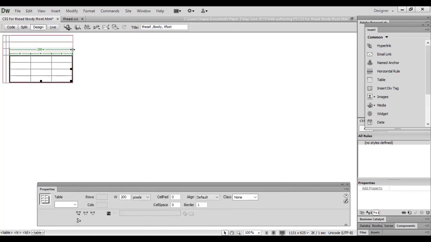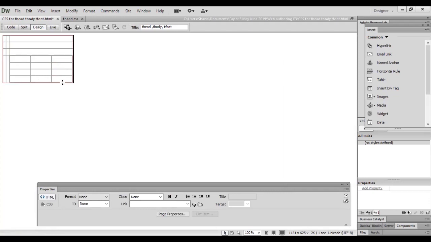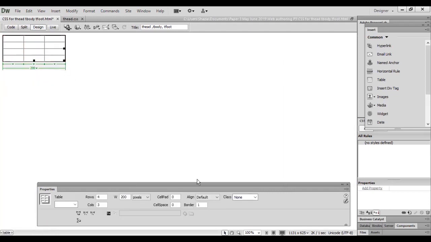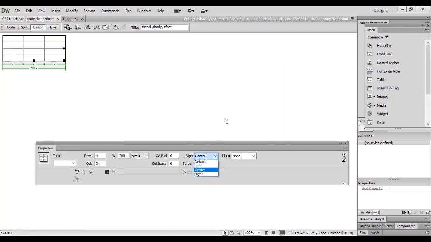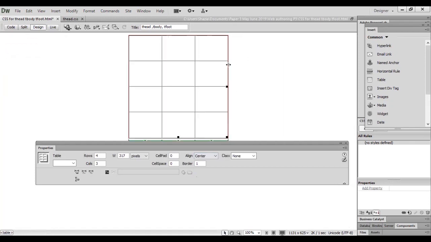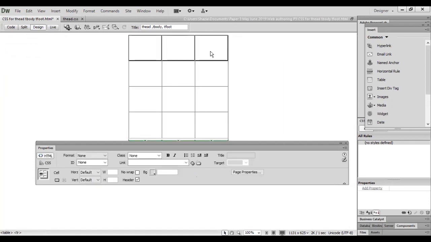This one you delete. So this is my table view. Select and align it center. Remember, the top row is T head, the second and third rows are T body, and the last row is T foot.